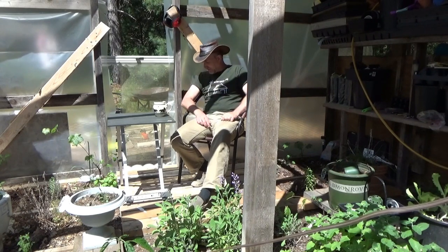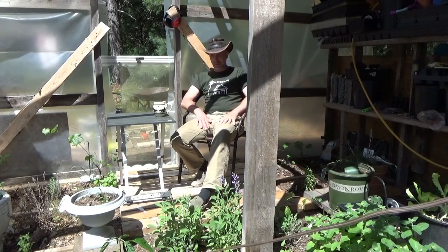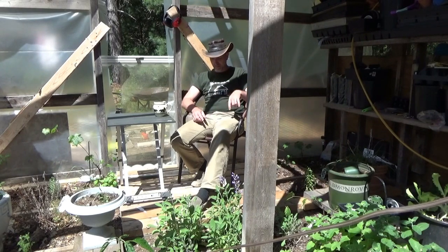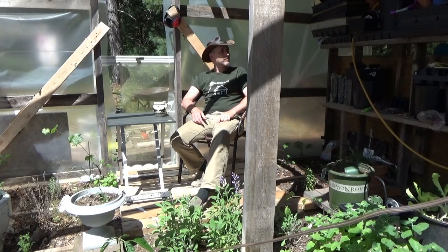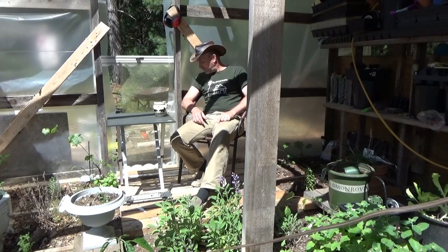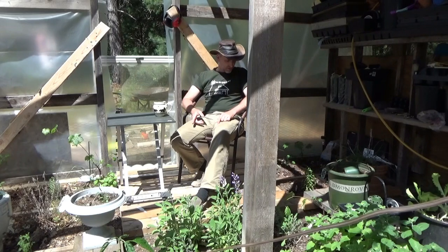Been wanting to have a place to sit in the greenhouse since we got the idea to build this like this. There was originally that 4x4 piece, and I remembered I put it on the back wall for the framing of the greenhouse, and it's a good place for it. And I figured, you know what, plywood isn't that strong anyway, so I built it out of scrap lumber I had on hand,